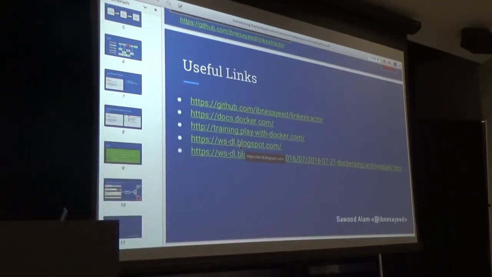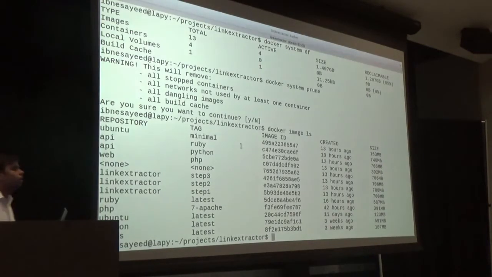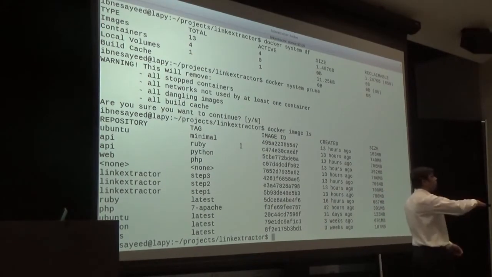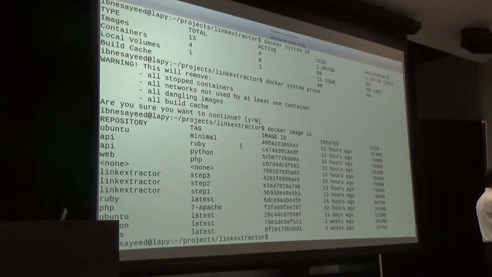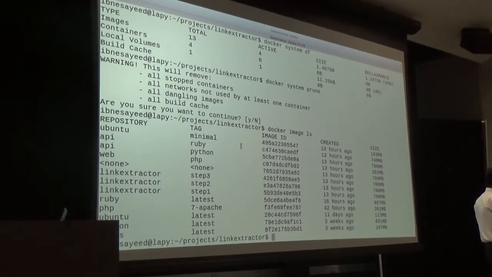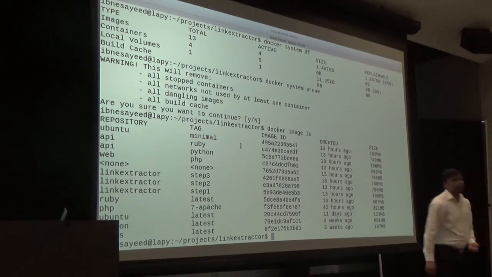Come again? I'm talking about different Dockerfiles, not the same. It doesn't matter. The default Dockerfile name is Dockerfile, but you can have a different file. You just have to specify at build time, hey, use this file as the Dockerfile. And if you read the documentation there,